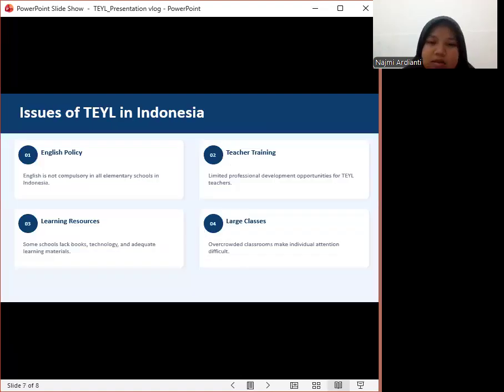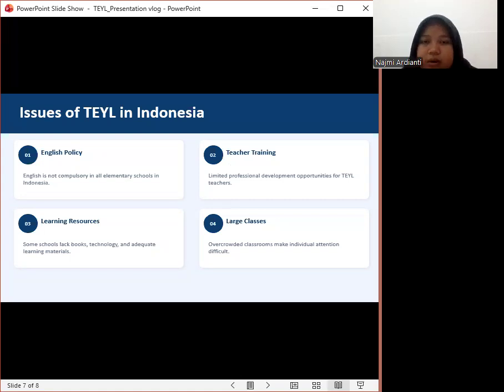Okay, next, although TEYL has many benefits, there are still several challenges in Indonesia. First, English is not a compulsory subject in all elementary schools in Indonesia. Second, many teachers have limited opportunities for professional development in teaching young learners.